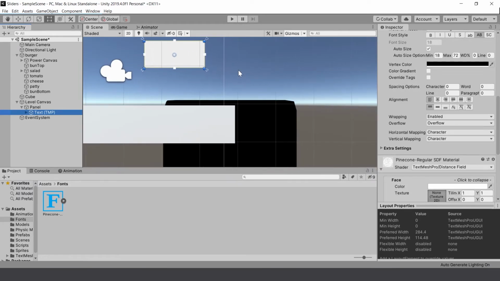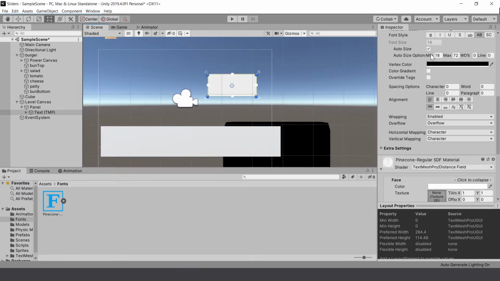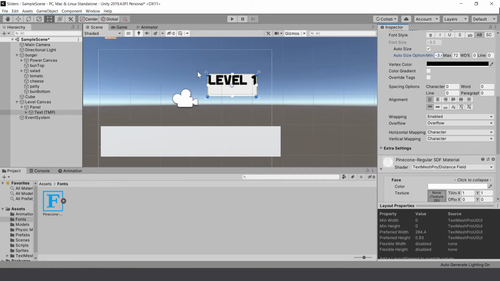We'll need to reduce our minimum size. Actually,